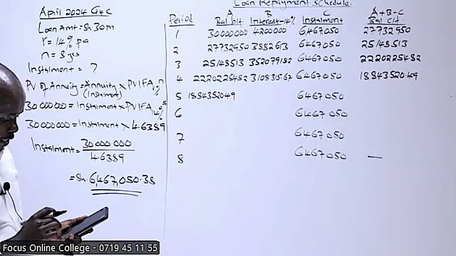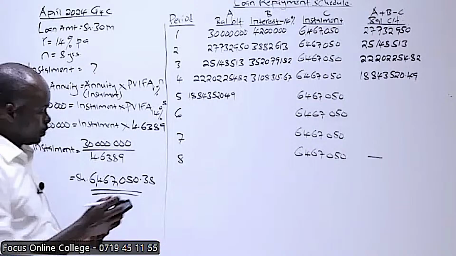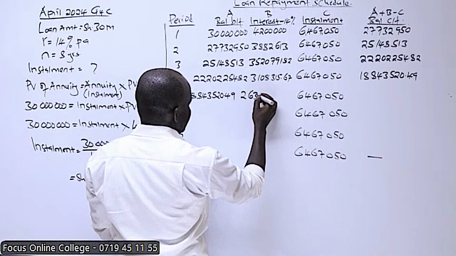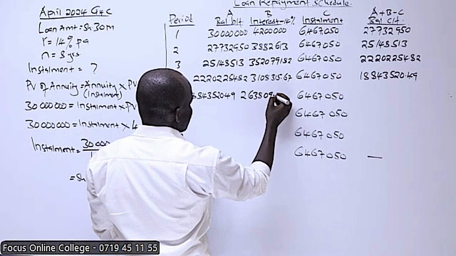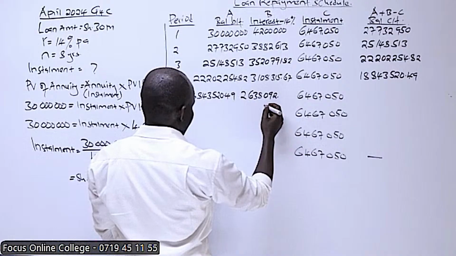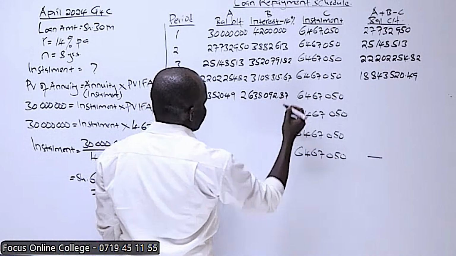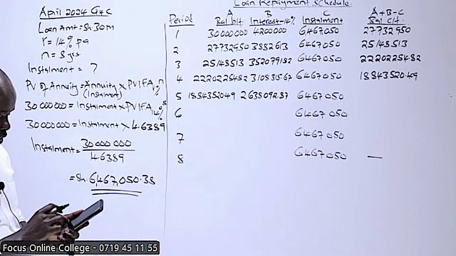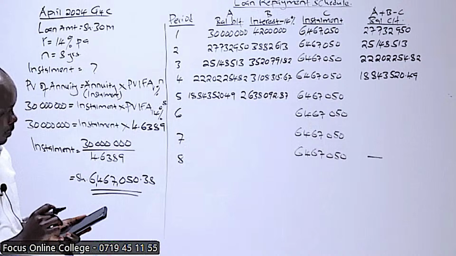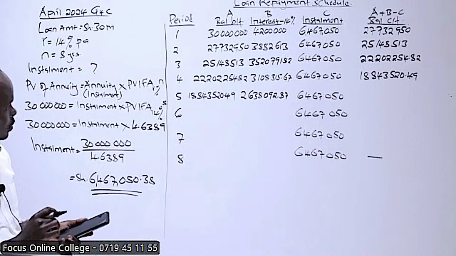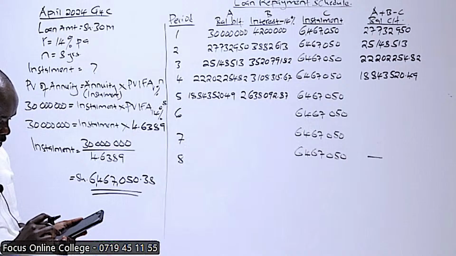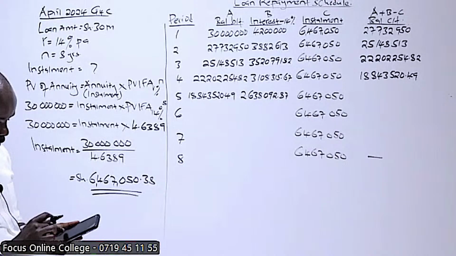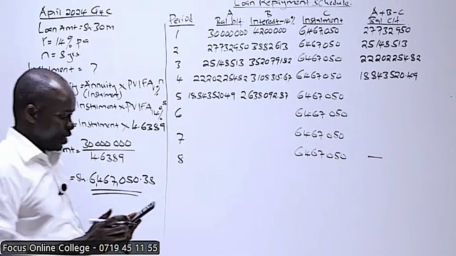Then times 1.14, the interest is 2,638,092.87. So 18, 843, 520.49 minus the installment, 6467, 050. So here I'm getting 15